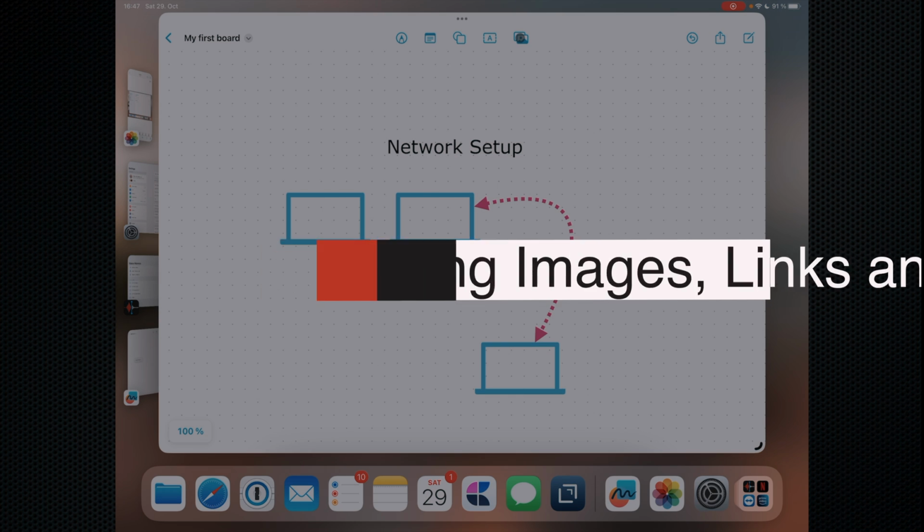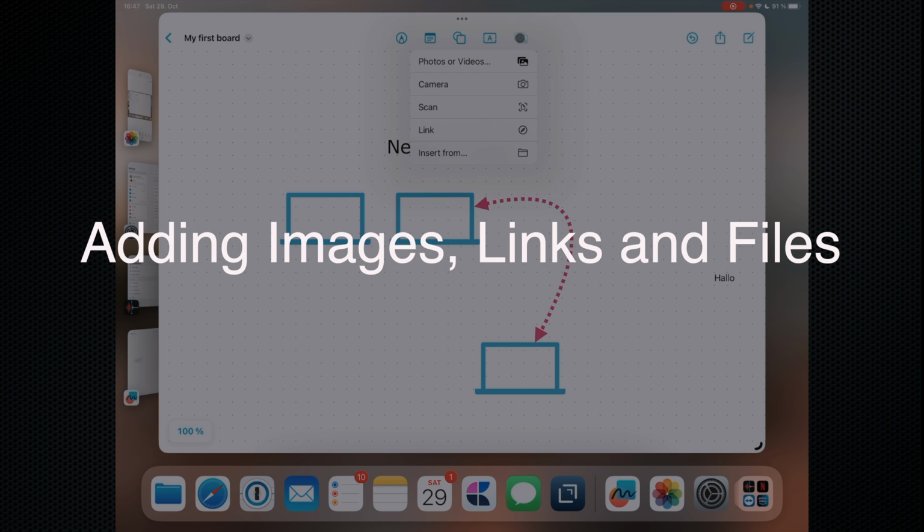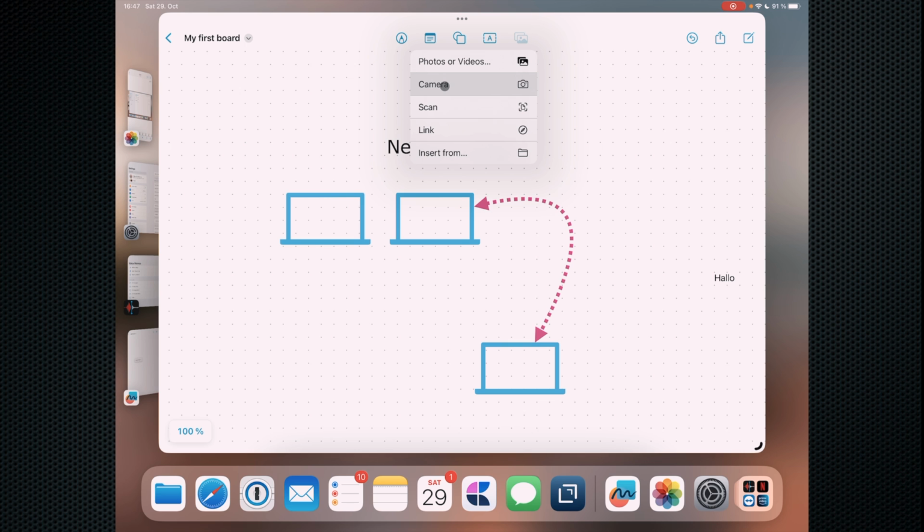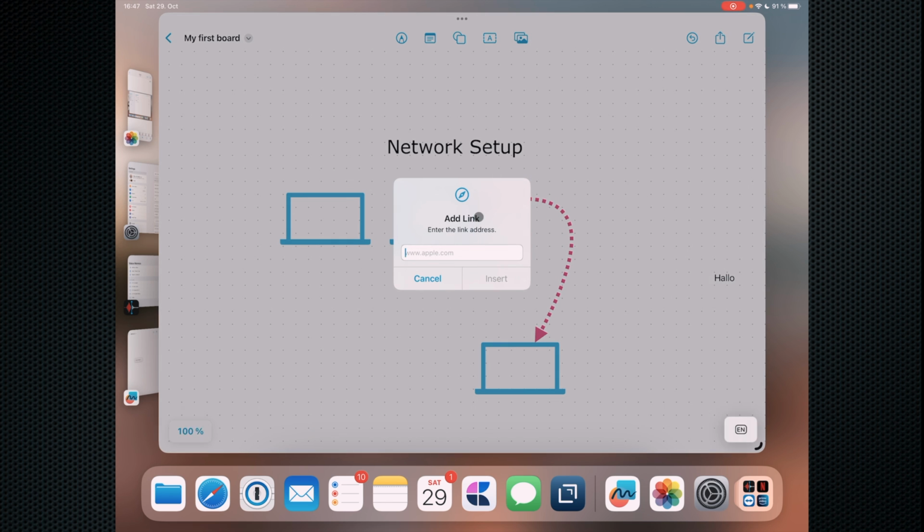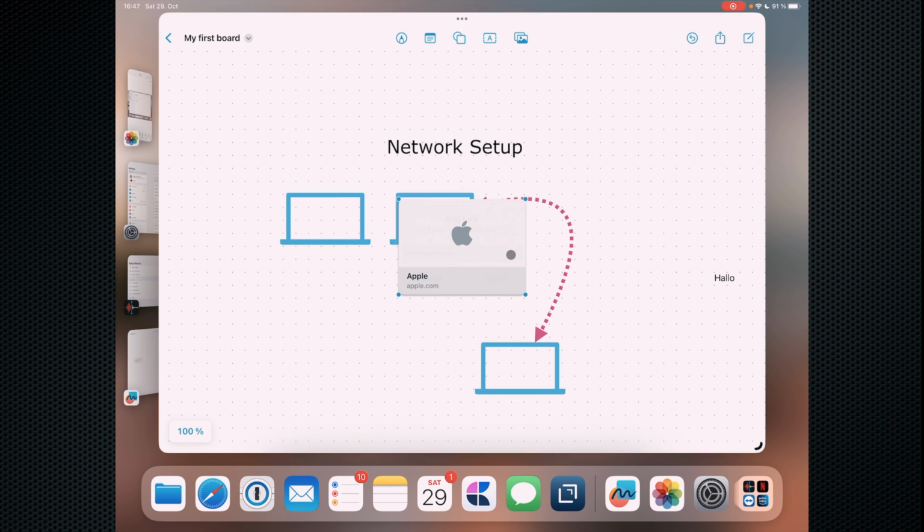The last tool is the image and file tool. So here you can insert photos or videos. You can shoot a photo with your camera. You can scan a document inside, or you can create a link. Now a link is interesting. Let's insert it. And you see you get this card with the preview at times, or with a symbol